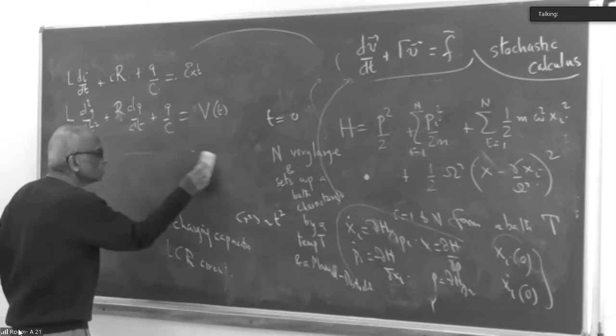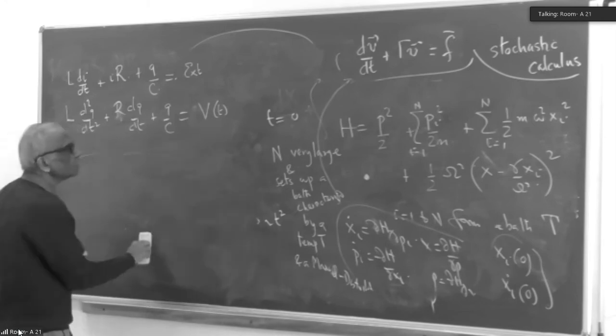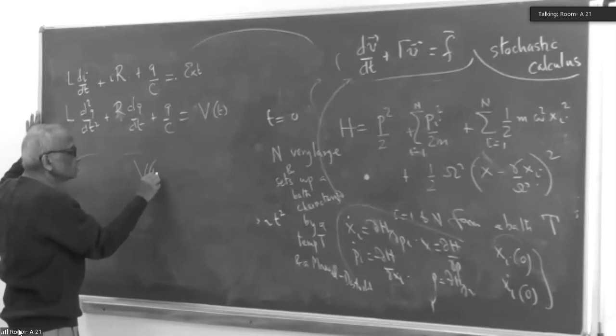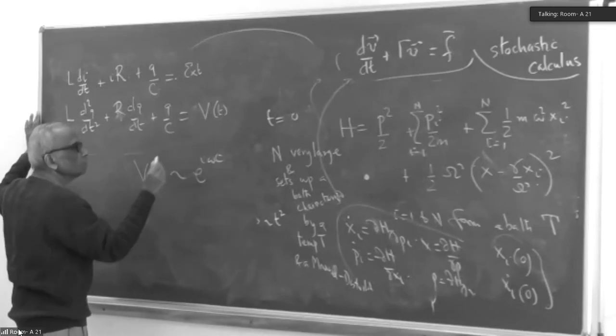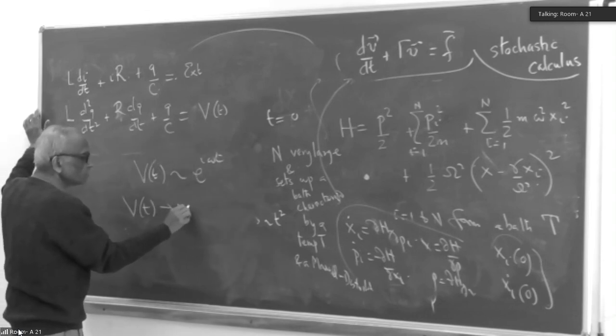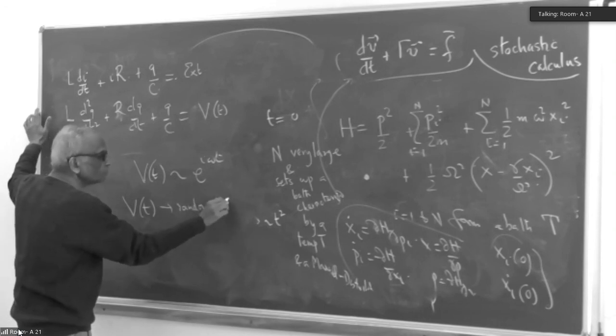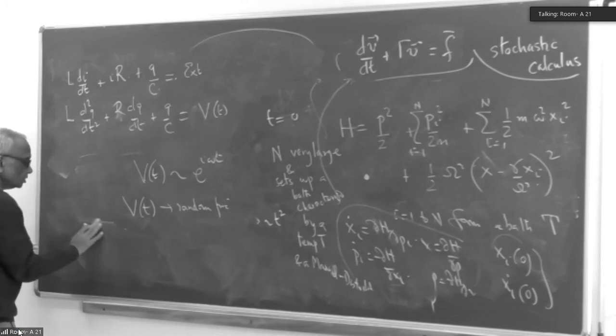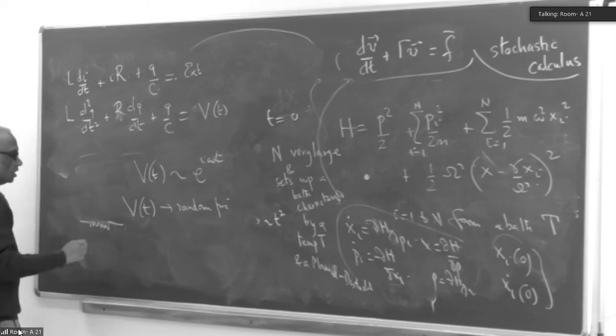And the point with this is that it is now exactly similar to this, except for the V that you use. You are accustomed to writing V as e to the power i omega t. What this is saying is that now I want a V which is a random function. And that does happen, because if you have a resistance in your circuit,